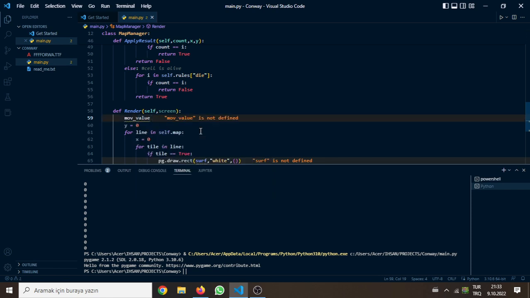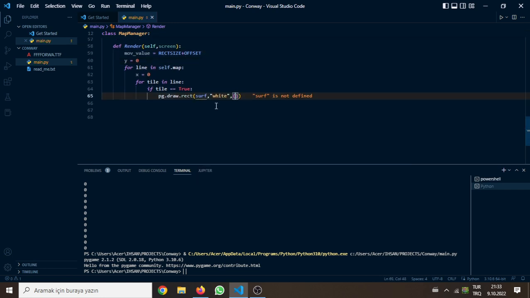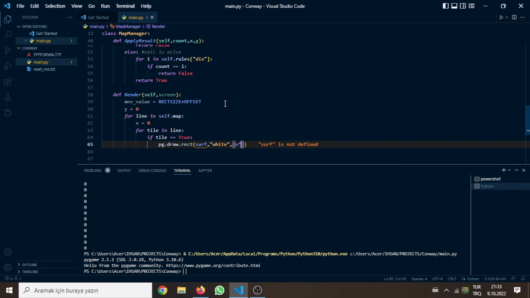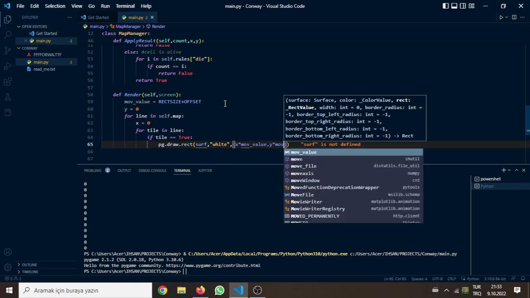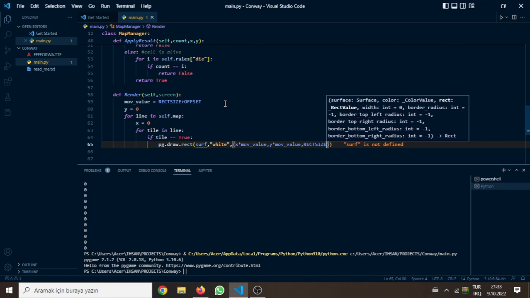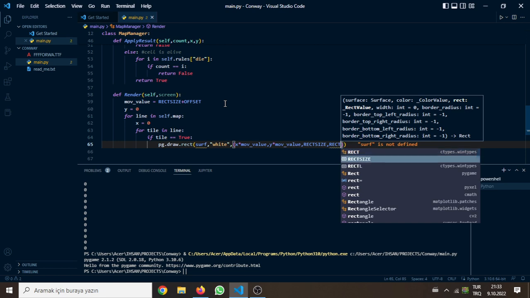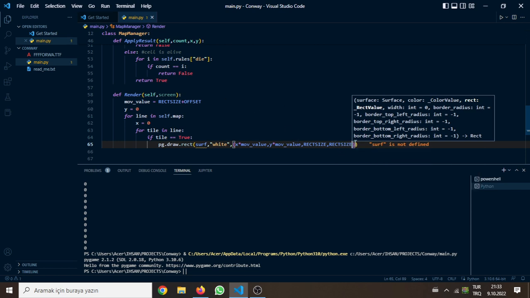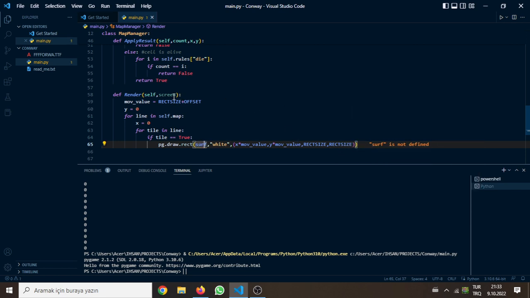Move value is going to be direct size plus offset. This just determines how much it will go. So we'll just multiply this by move value, and then also for the y-axis as well, and then we'll just give direct size for the side of direct. That's supposed to be surface. Yeah, and then we will just